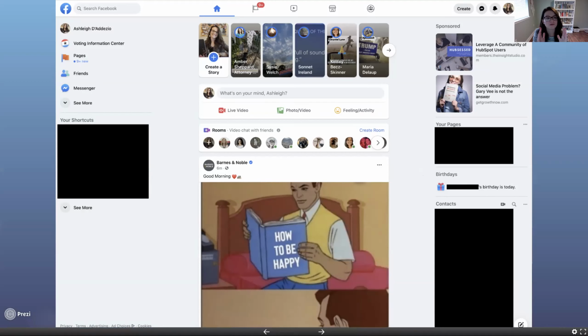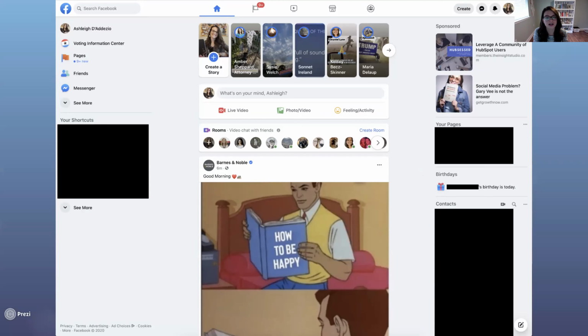If you're on your phone, you're only going to see this middle row, which is, again, your timeline or your news feed. And in order to see the stuff on the left and the right over here, depending on whether you're on an Android or an iPhone, you're going to use the icons at the bottom or the top of your phone. And again, I can answer any questions that you guys have at the end.